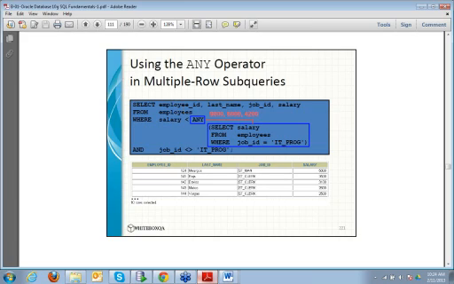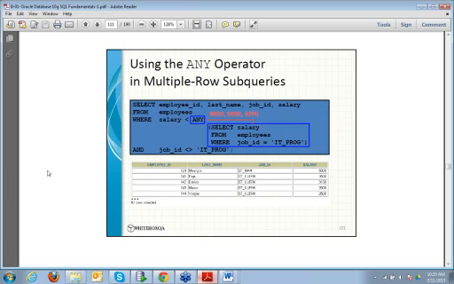It says select the information of all the employees whose salary is less than any of these. So whose salary is less than 9,000, or salary less than 6,000, or salary less than 4,200. So ANY means the OR operation on the set of values.